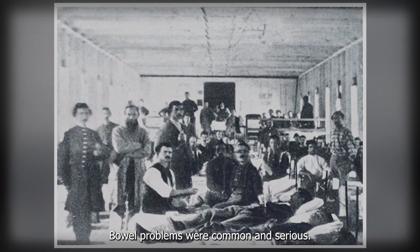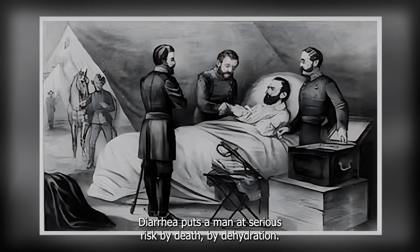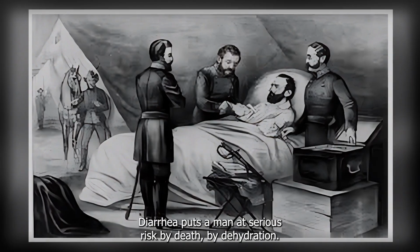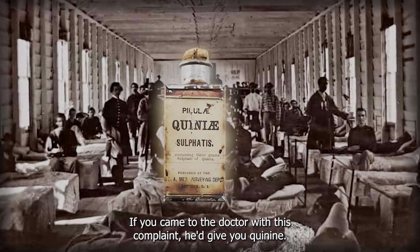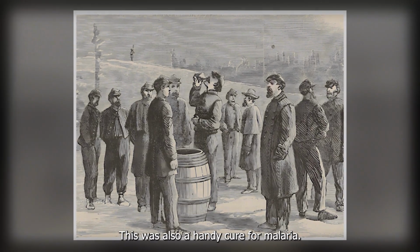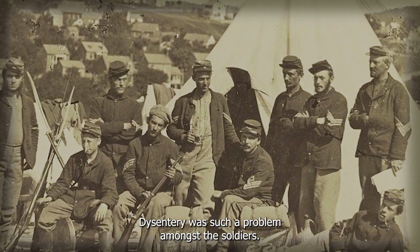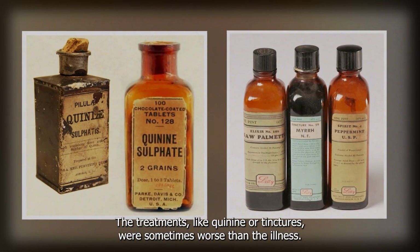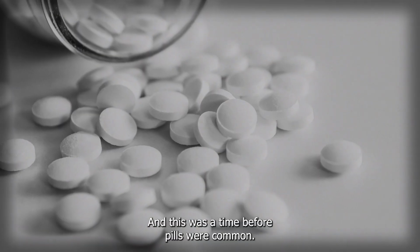Bowel problems were common and serious. Diarrhea puts a man at serious risk of death by dehydration. If you came to the doctor with this complaint, he'd give you quinine. This was also a handy cure for malaria. Dysentery was such a problem amongst the soldiers. The treatments like quinine or tinctures were sometimes worse than the illness,